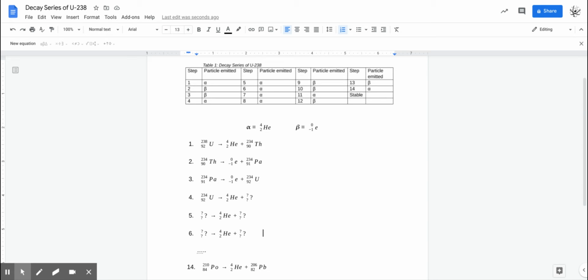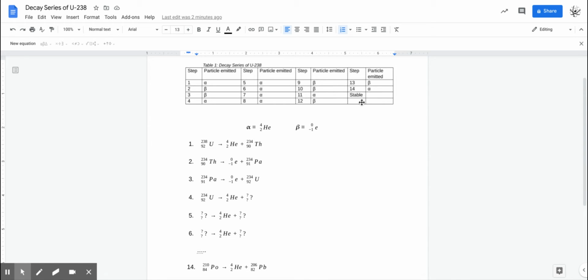Okay, so in the isotope dating activity, the first part is the decay series of uranium 238. So this table was given to you in the assignment sheet, and it is called the decay series of U-238 because it lists out each individual decay process that happens from the parent U-238 all the way until the final daughter atom at the end of step 14, because it takes 14 steps to go from uranium 238 into our